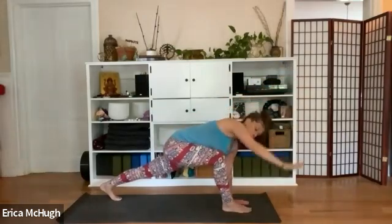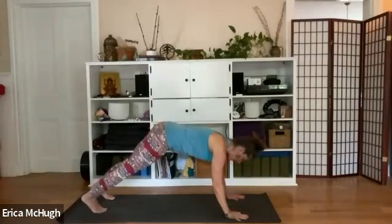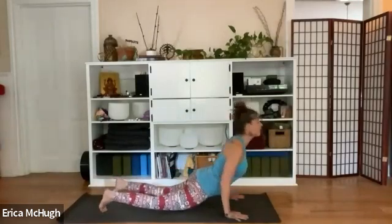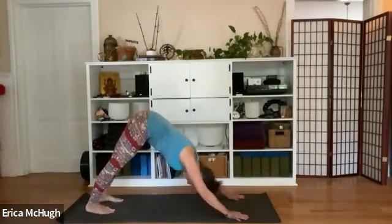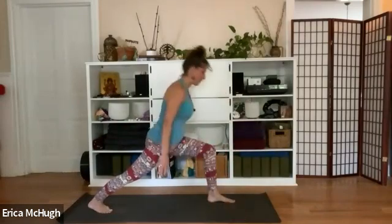As you exhale, bring your hands down and set yourself up for a high plank, even if that takes you another breath. On your exhale, lower. Inhale, upward dog. Exhale, downward dog. Same thing on the left side. Left foot steps